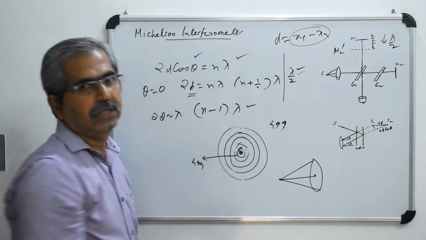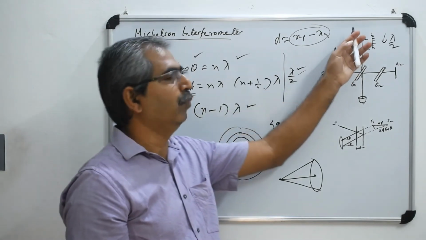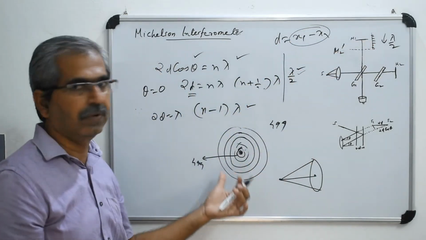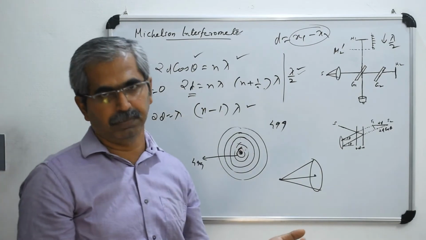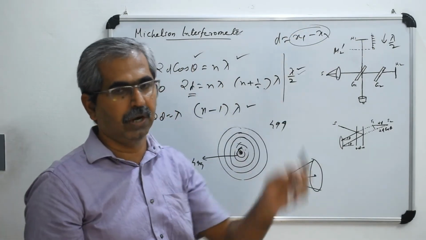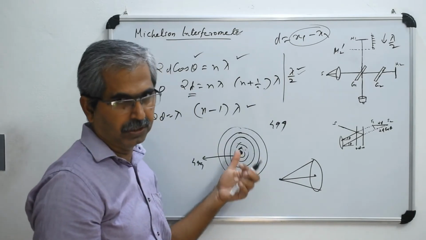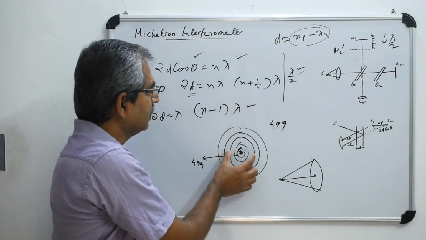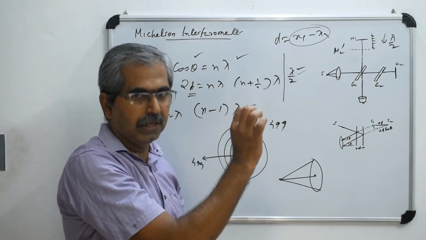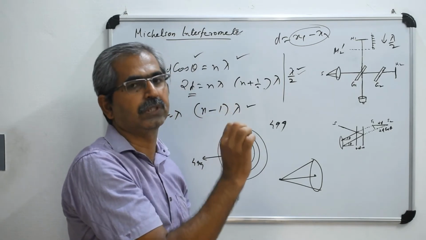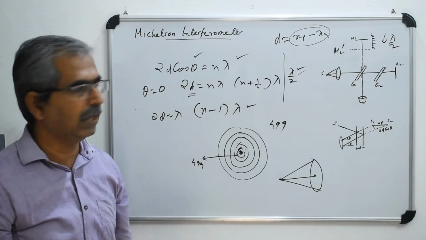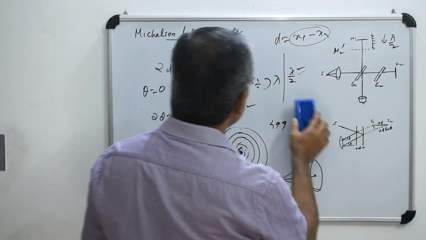Now, this is the observation you have to make for using this one to make some measurements. Okay, this is the one we will notice: how many fringes will be disappearing when you are moving the mirror M1 upward or downward. So you have to actually count. Suppose this is 500 initially you see, you decrease the length, you can see this will come to the center and disappears. And simply by looking at the center, you can count how many fringes will be disappearing at the center. Okay, so that is all that we are doing in the case of a Michelson interferometer.